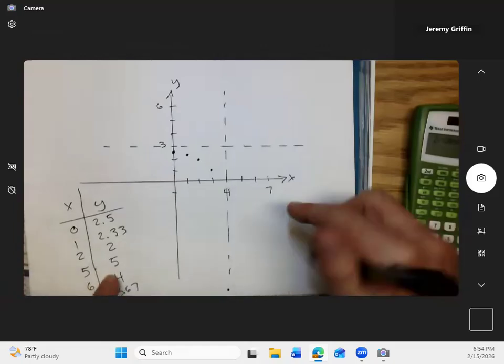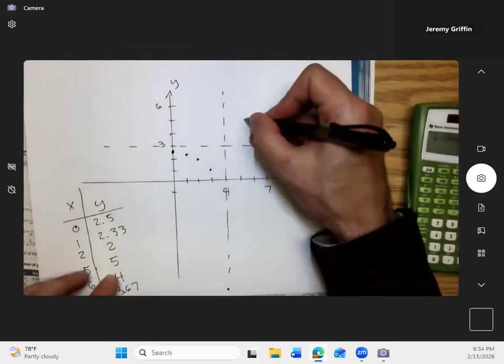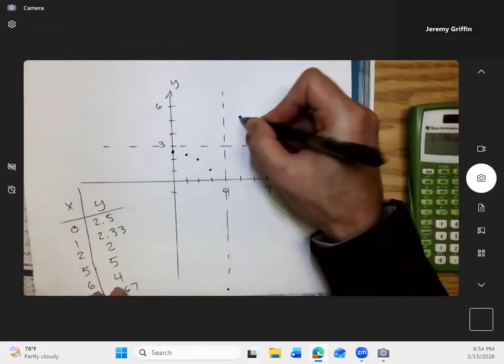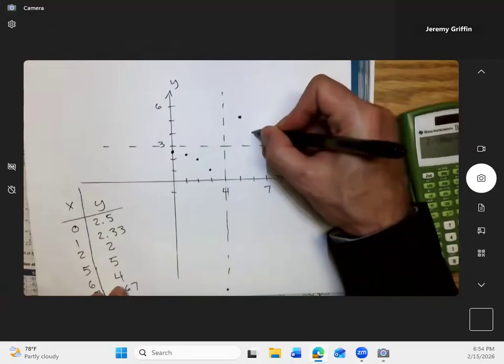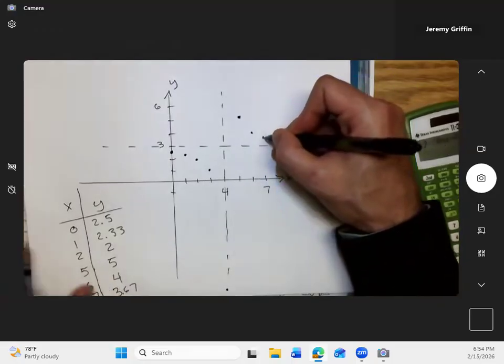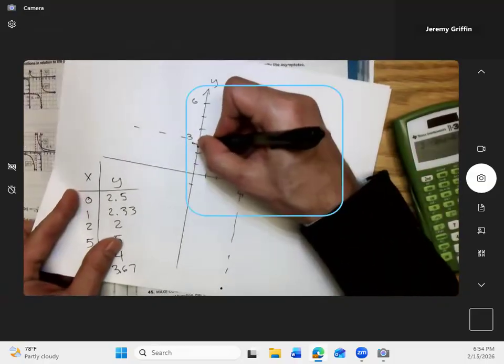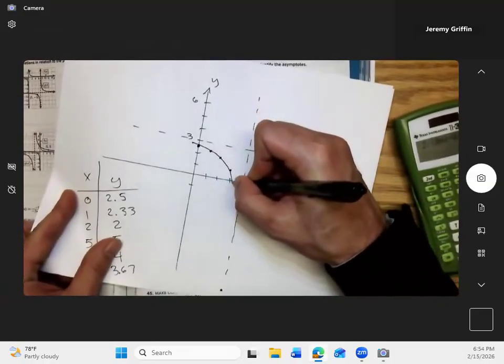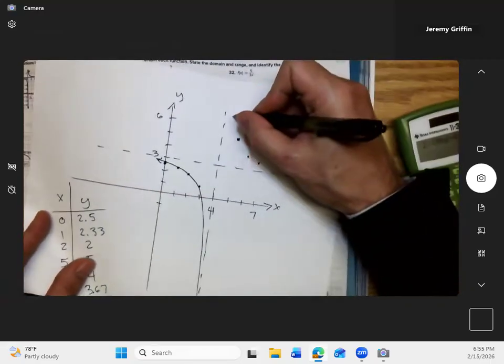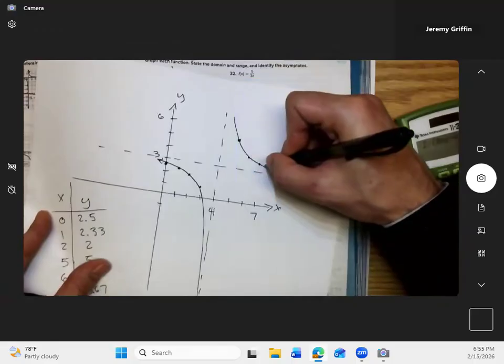We got these other points. 5, 5 is a point. Oh, hey, it jumps way up here because we cross the vertical asymptote. 6, 4, 7, 3.67. Yeah, we're definitely getting the full story right here. It's gonna go down like that, like that. It's gonna go like this. Yep,